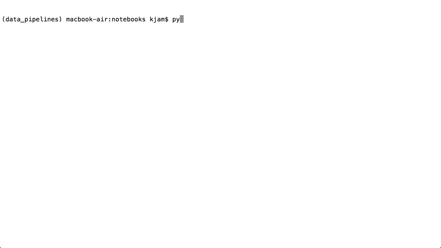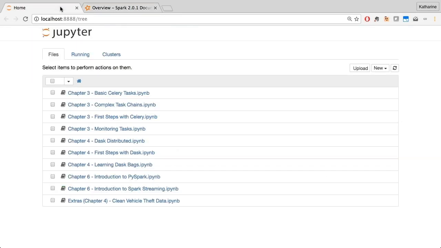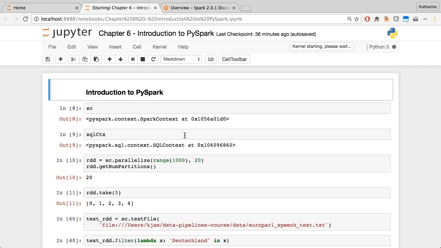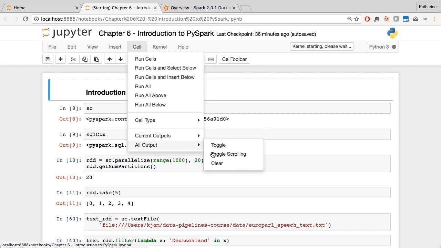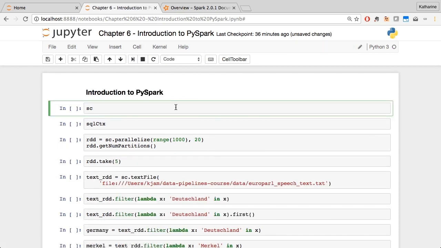Because I have PySpark set up to run Jupyter Notebook, this will start up a Jupyter Notebook for me. And if I go over to my browser, I have my notebook running. So I'm going to clear the outputs for us. Okay, so the first and most important variable that's going to be available to you when you start up PySpark